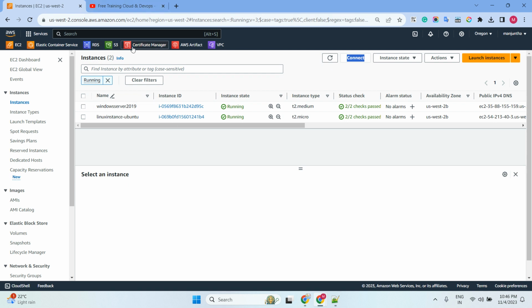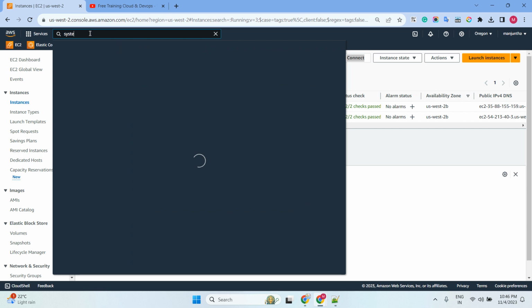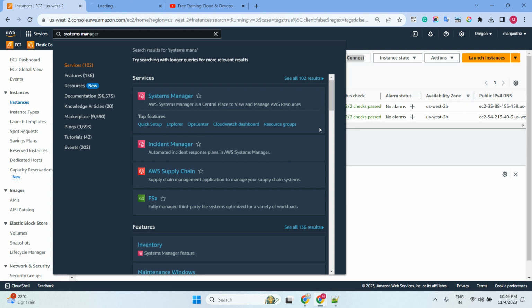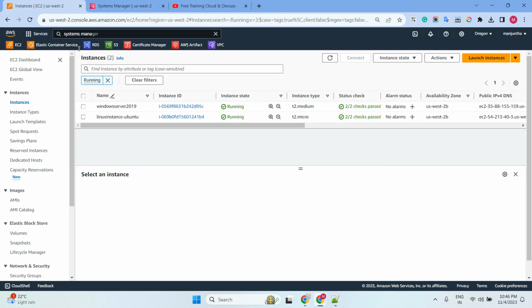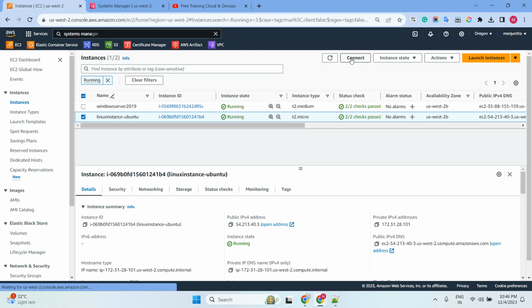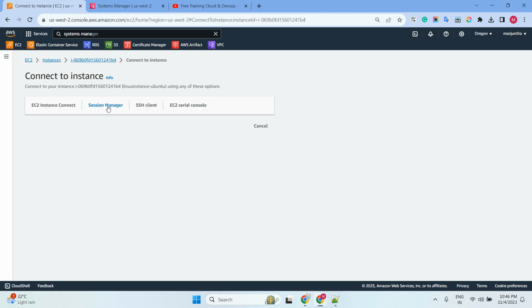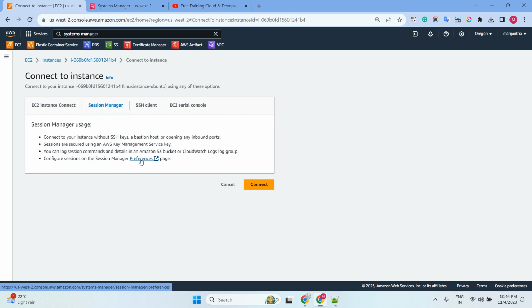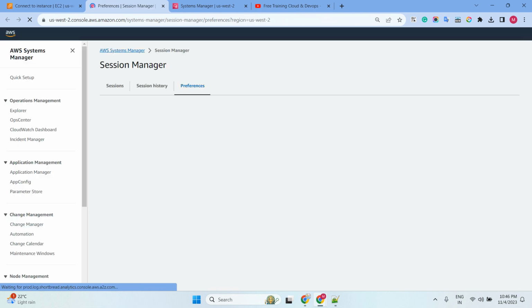Now what I'm going to do is go to Systems Manager. Now we are going to create a shell profile for Linux and Windows. That is what we are going to do. For example, as of now there is Session Manager. If you select Preferences, it takes you to Systems Manager. From here,